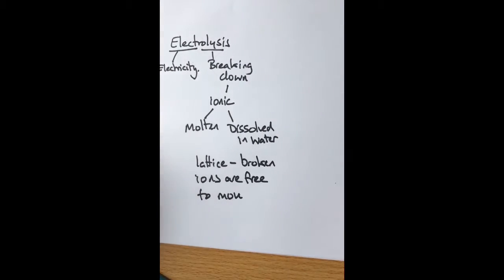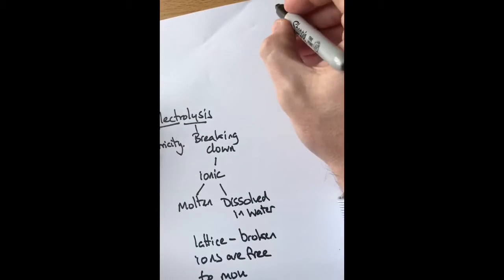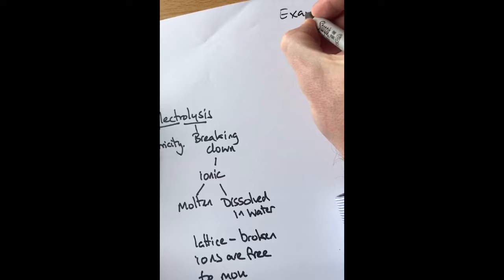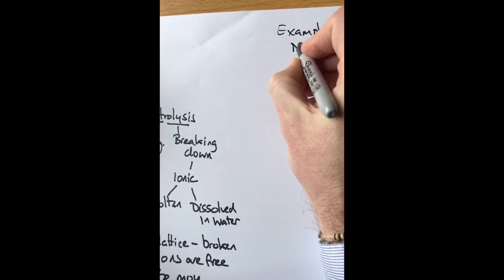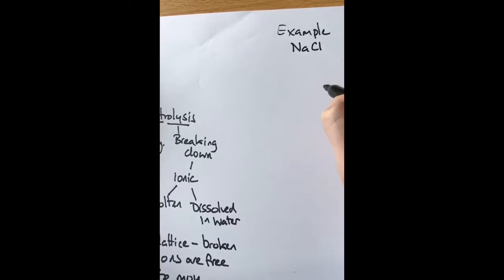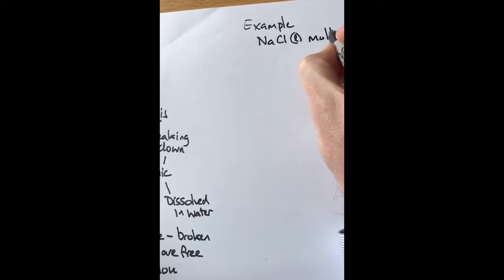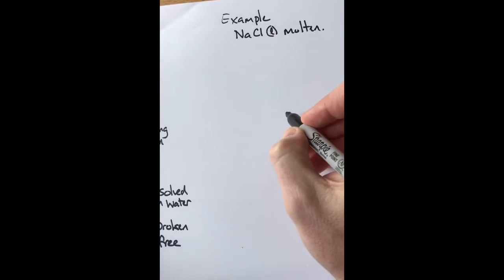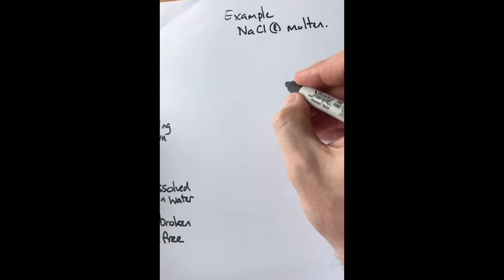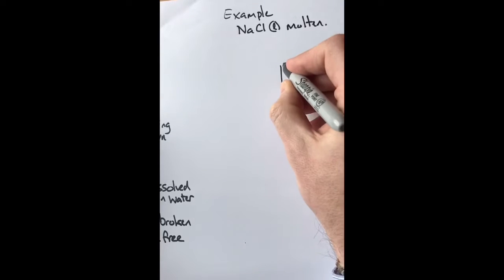Okay, so let's have a look at a quick example. An example we're going to look at is sodium chloride, and we're going to make it molten, so it's going to be in effect in a liquid state. So this is going to be molten sodium chloride. Okay, so if we have our electrodes,